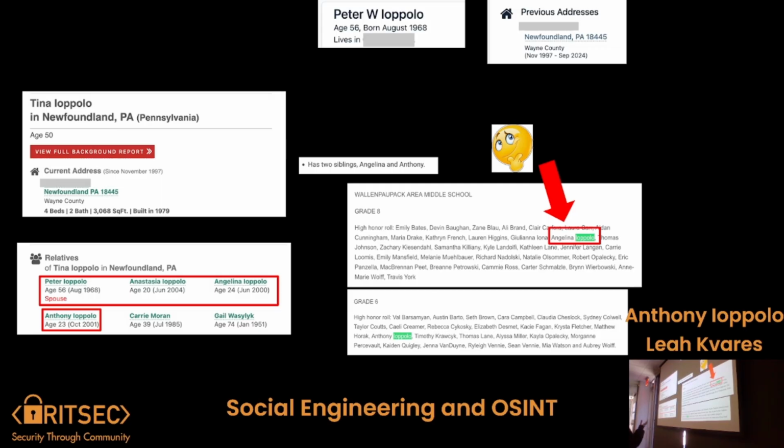Connected. So again, like I was saying, these websites aren't great in the fact that I found his parents because of his mom or something, and then it listed his dad at a different address, but I connected it because it was a previous address. Then I confirmed this information by looking at his middle school honor roll. Congratulations on grade 6 high honors.